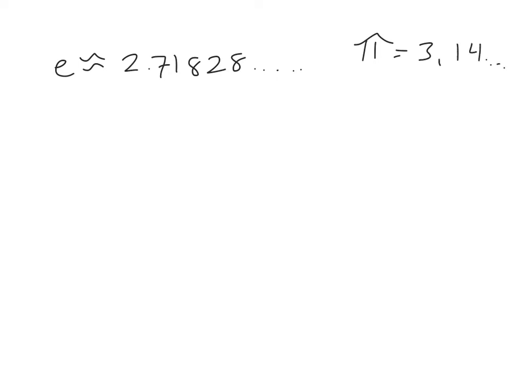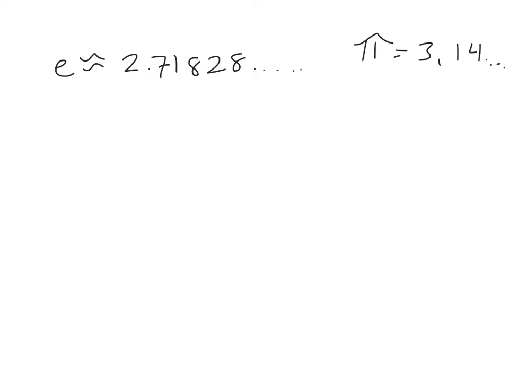When we talk about e, we say e is approximately 2.71828, and it just keeps on going and going and going, okay? It goes on forever. It's very much like things we know as pi and other constants that go on forever, because pi is like 3.14 and it just keeps on going, right? Now, how we get to this 2.718 is